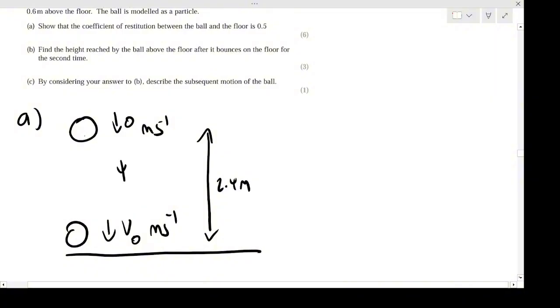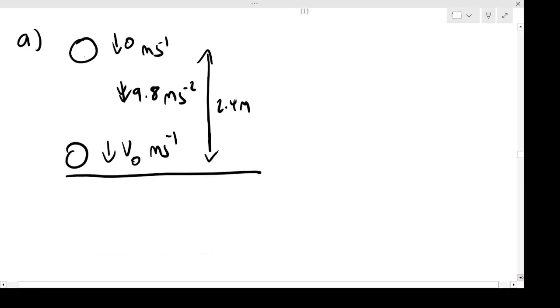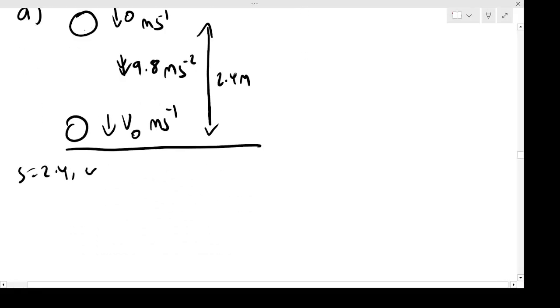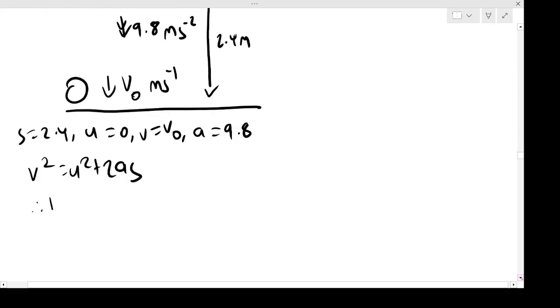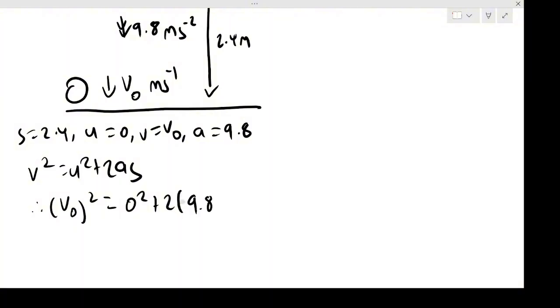And of course the acceleration is 9.8. So if I use SUVAT, again, S is 2.4, U is going to be 0, V is V0, and A is 9.8. I'm going to be using V squared is U squared plus 2AS. So that's going to be V0 squared, it's going to equal 0 squared plus 2 lots of 9.8 times 2.4. So that means V0 squared, my V is going to be